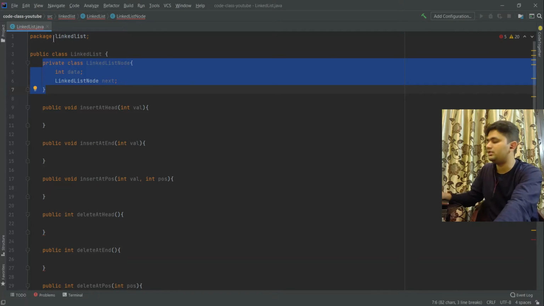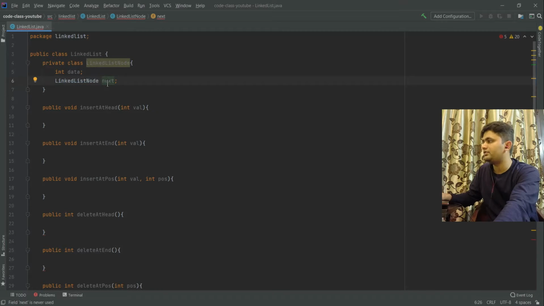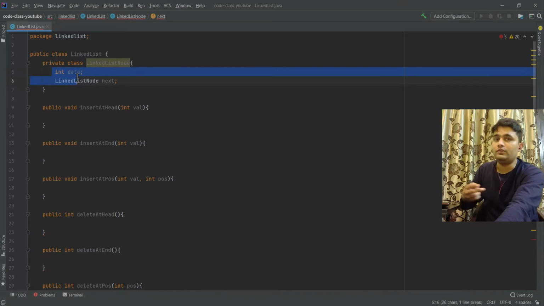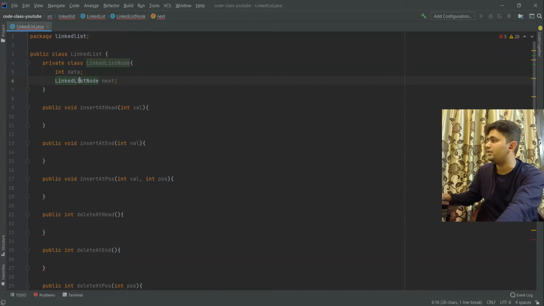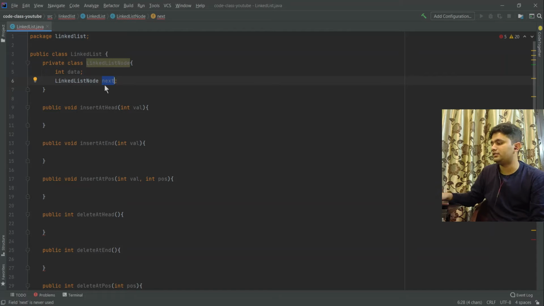They all support these features, and there will just be syntactical changes. So I have created a linked list node, and each node contains two values: first, the data of that particular node, and second, the pointer to the next node. This is how the linked list works basically. Every node is pointing to the next node, just like a chain.